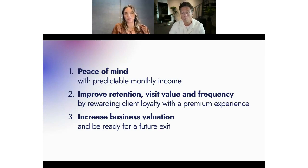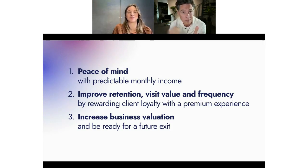And finally, I'm not saying you're planning to sell your business, but if you one day are selling your business, having a business model that is based on recurring payments is just much more valuable for a buyer. So if you have a business today with a customer list with email addresses and phone numbers, compared to a business with a customer list with credit cards that are being charged every month automatically, the valuation and how a buyer will look at that is completely different. So also, in order to set yourself up for potentially an exit in the future, memberships can be